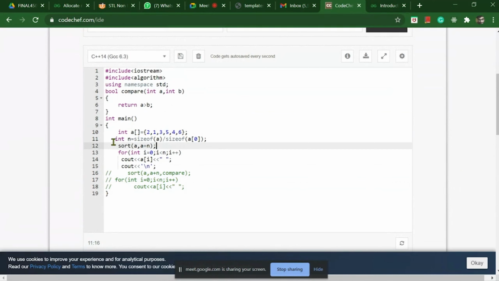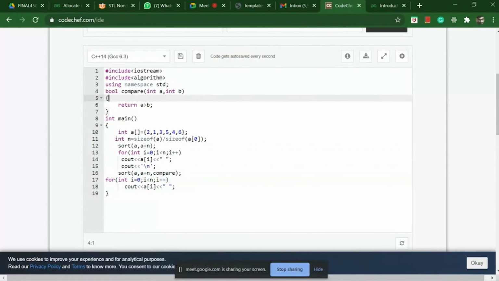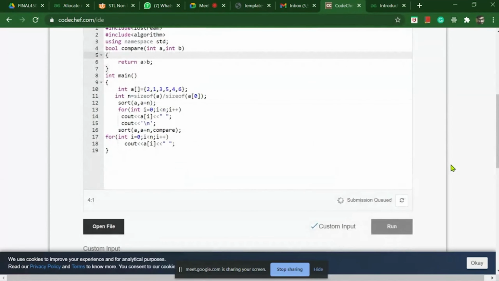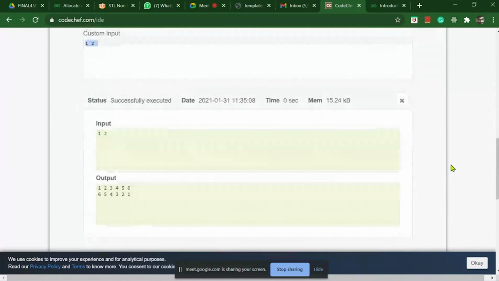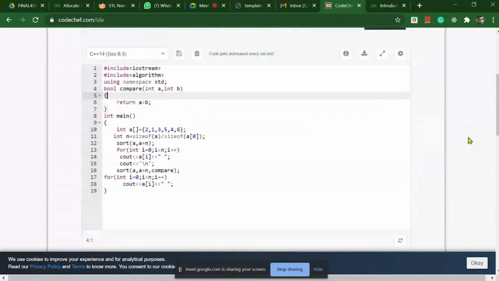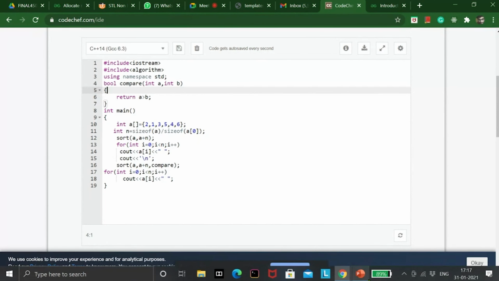Here I have shown you. I have written a compare function here. It sorts the data in descending order. You can write anything according to what you want or how you want to sort your data. Here you can see that data is sorted in descending order. You can sort according to the need of the program. But you have to remember that the compare function must be of boolean type, as we are comparing two values. So this is how the sort function works in C++ STL.